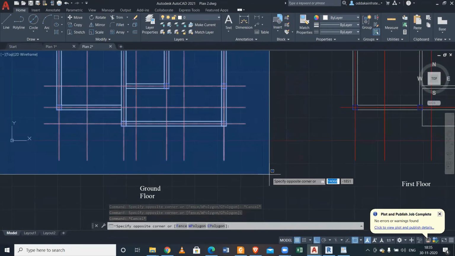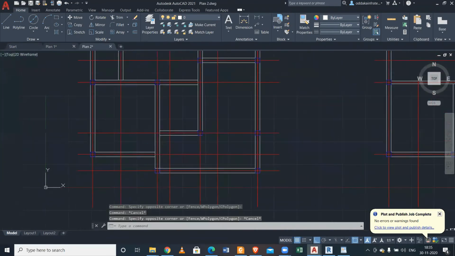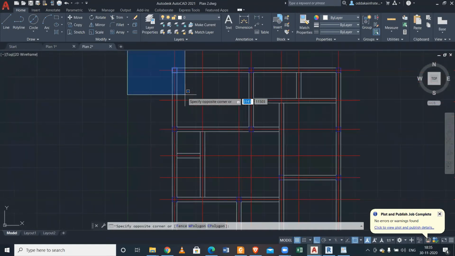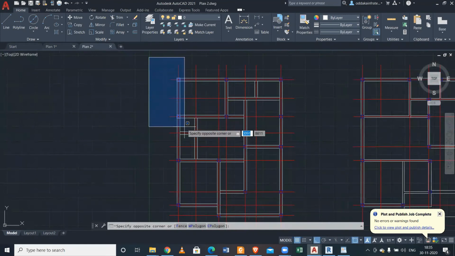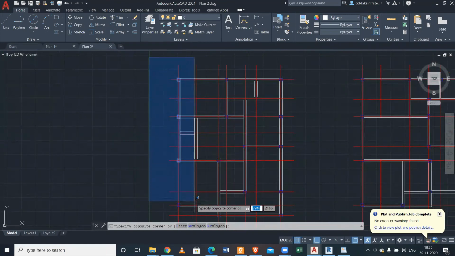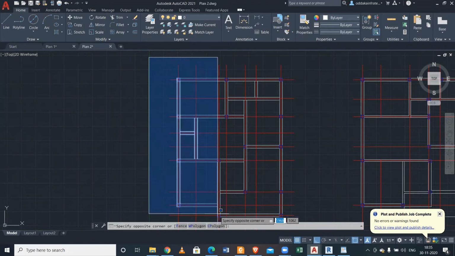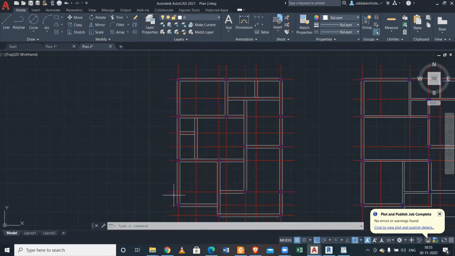What did you press just now? I pressed nothing. If you select from left to right, then only the complete objects will be selected. So if it's a column, it will be the column; if lines, it will be lines, but only the complete things will be selected.